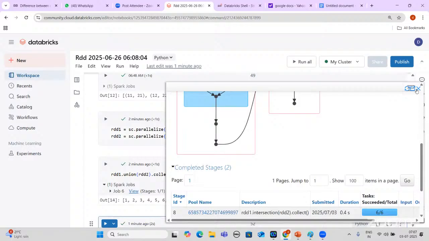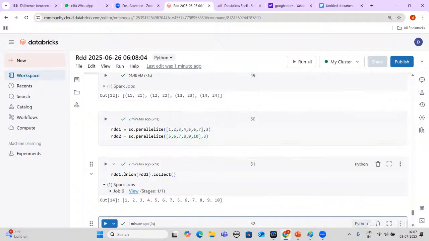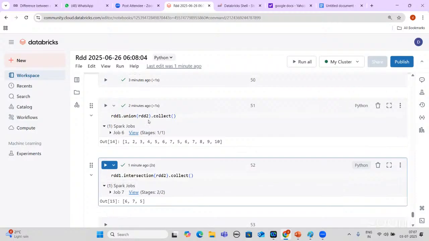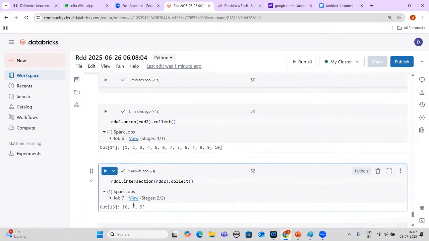We can see here, I'm just intersecting this, and don't get confused with this. This is a different Spark job. This is job 6 and this is job 7. First, it is doing all this union here only, not in this cell only. The work is like this. In this, it was doing 6, 7, 5.